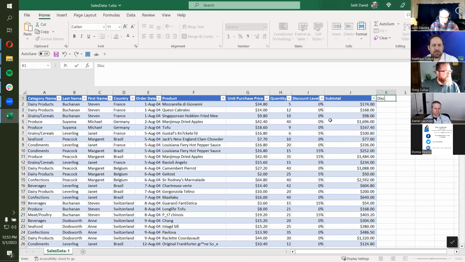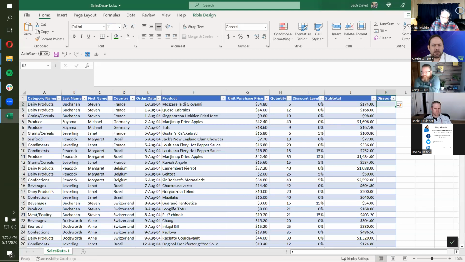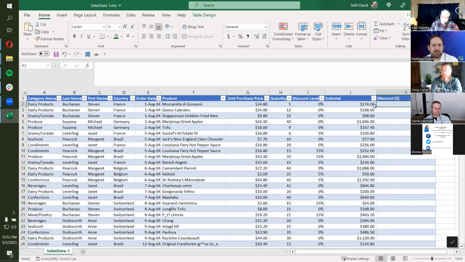Okay, now I want the discount in dollars. So we're going to take the subtotal, or let's do it this way, the discount level times the subtotal. But one thing I also want to do, I'm going to start over, is for presentation purposes, the discount is going to be reducing the subtotal to get to the net order total. So whenever I'm doing something like that, I could put it in here as a positive dollar amount and then subtract it. But to the end user who's going to come looking at this, it's not going to be clear. I've experienced that confusion where I'm like, wait a minute, this isn't adding up, because my brain assumes it should be added up because I see two positive numbers. So I always take that into account when I'm presenting data like this.